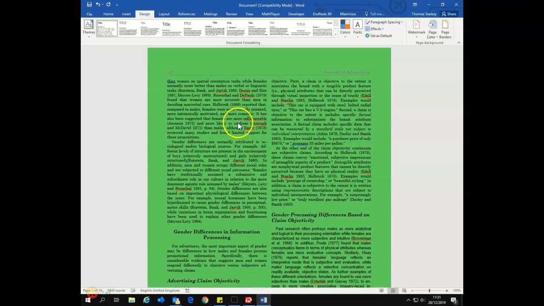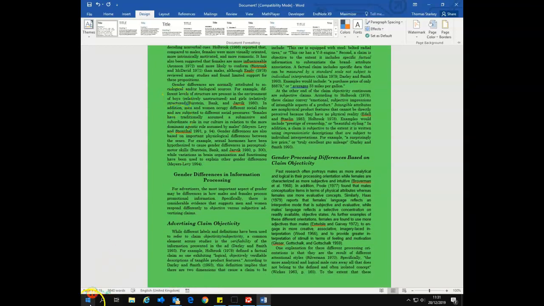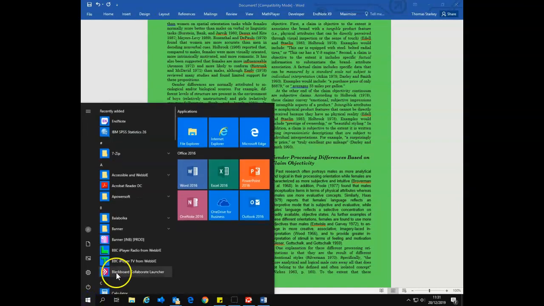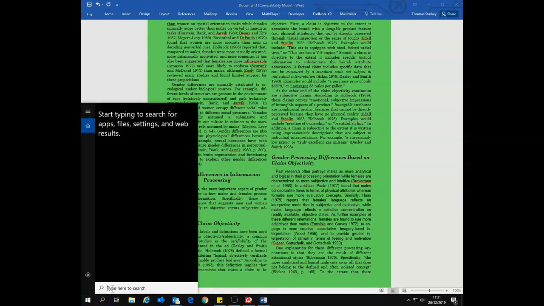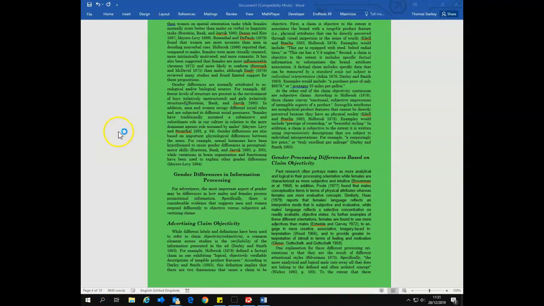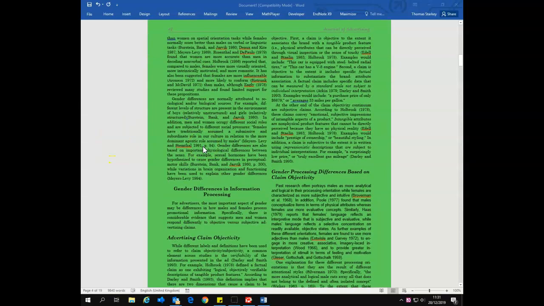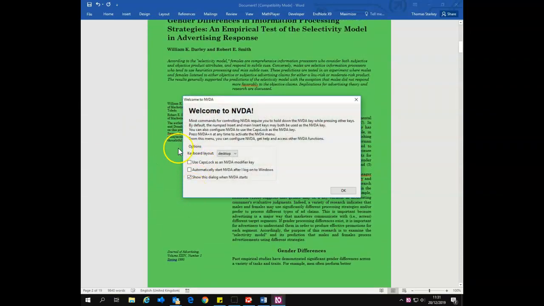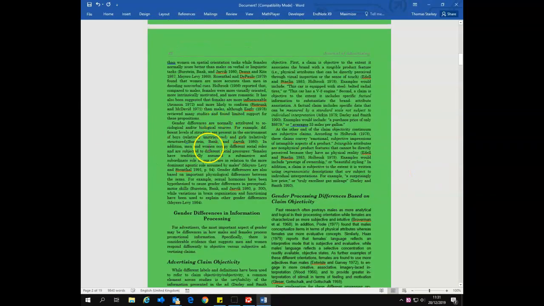Of course, now because this is a Word document, this is a lot more easily recognized by any screen reader that we want to use. For instance, if I bring up NVDA, which is a screen reader which a lot of our students are looking at this moment in time. Okay, and